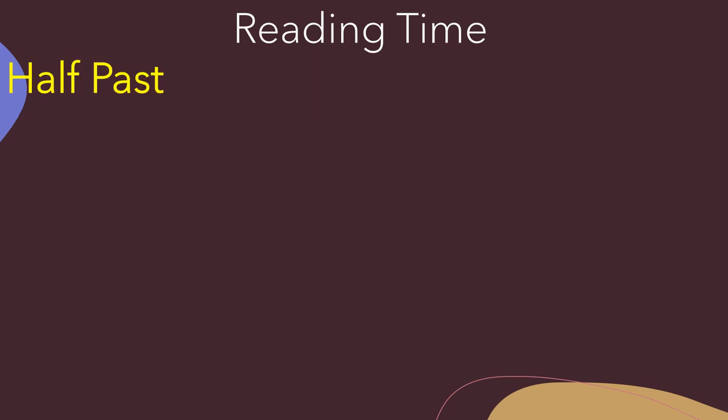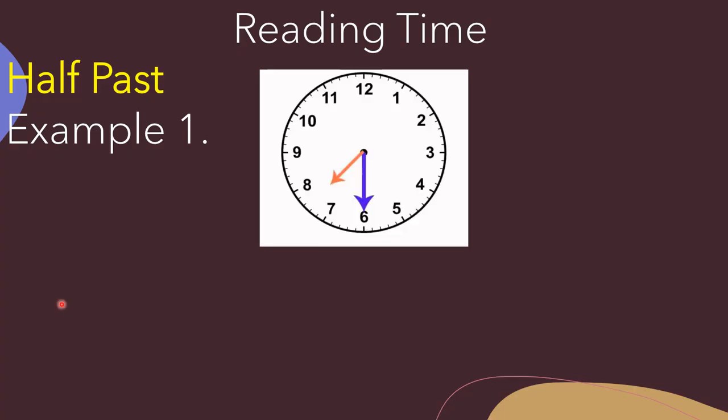Now beta, I am going to tell you how we can read the time of half past. Here, example number 1. So we have a given clock, and you can see that we have two hands of this clock. This blue hand is the minute hand because it is the long hand of the clock, that is at 6, and the hour hand, the short hand of the clock, is between two consecutive numbers, that is